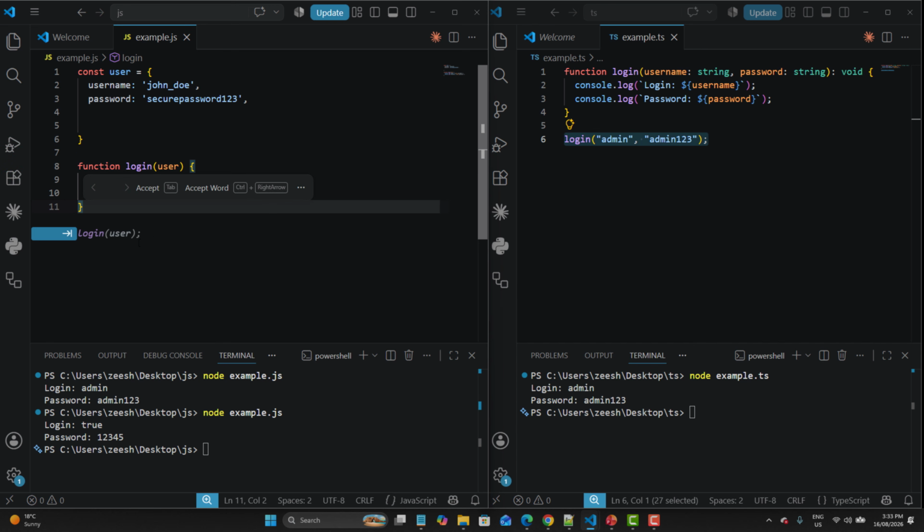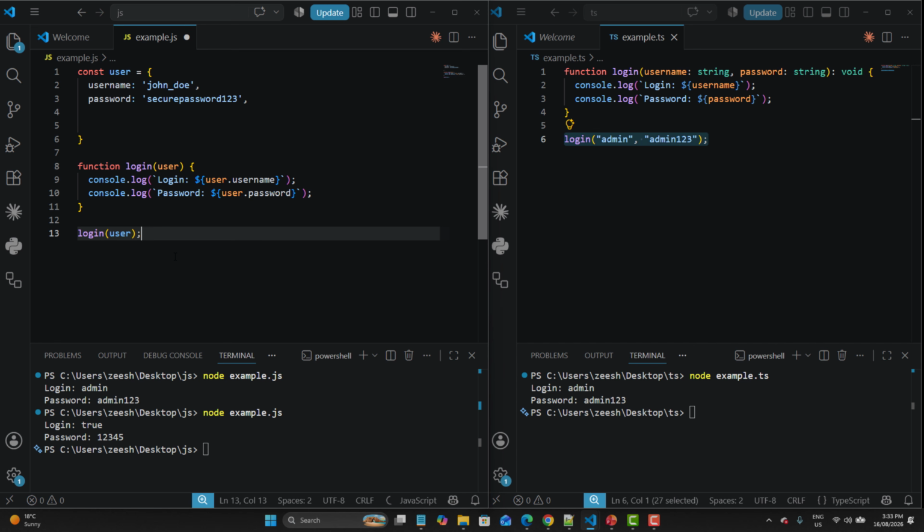Now again, if I call this one here, you see that this is a string and an alphanumeric value. So if I save this and run it again, you see that the username and password got printed successfully, even if I change this value. And also, it's not about changing